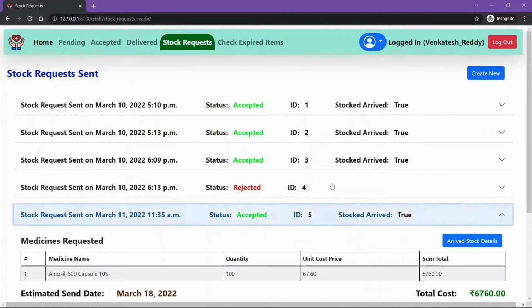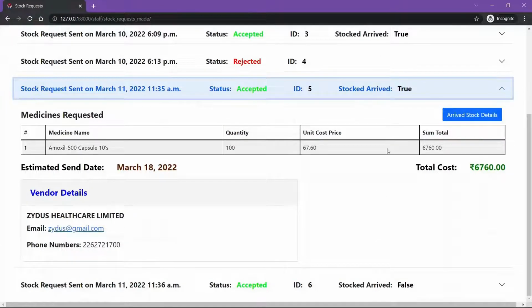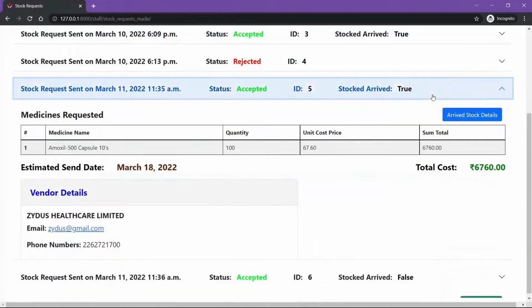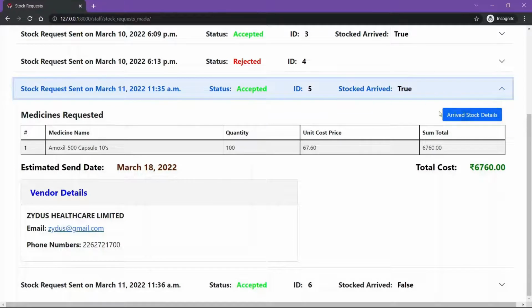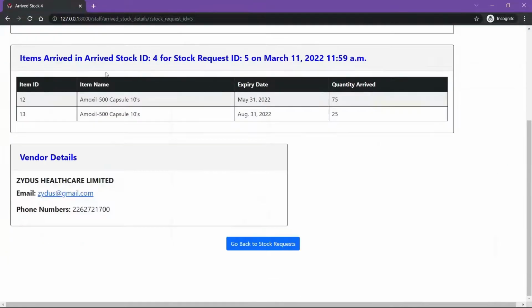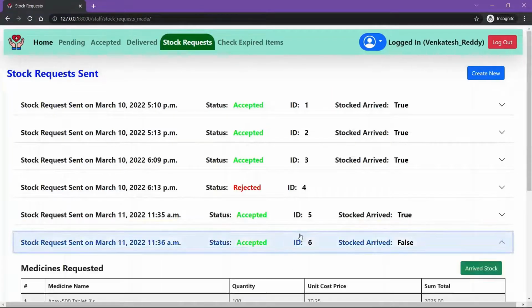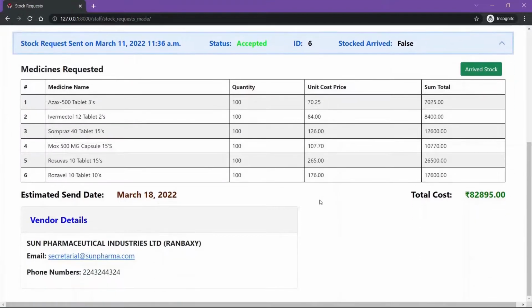So we have accepted this stock request, and after clicking on OK, I can no longer find the Arrived Stock button. For example, this stock has not arrived yet and I can see the Arrived Stock button, whereas for this stock which has arrived, I cannot see the Arrived Stock button. Instead, I can see Arrived Stock Details, and on clicking on that, I can see the details I had just entered. I'll go back to stock requests, and since the stock request made to Sun Pharmaceutical has also arrived,